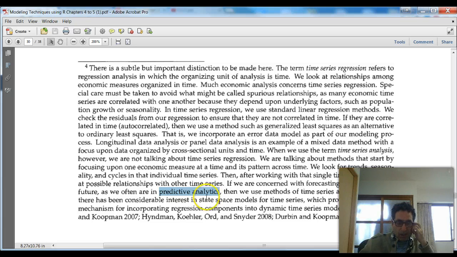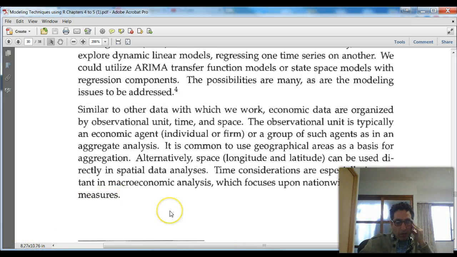Recently, then, he mentions something about what's called state space models for time series, which provide a convenient mechanism for incorporating regression components into dynamic time series models. So you can look up these references, and you can look up what's meant by state space models. So that was an important footnote, I think. And then finally he says,